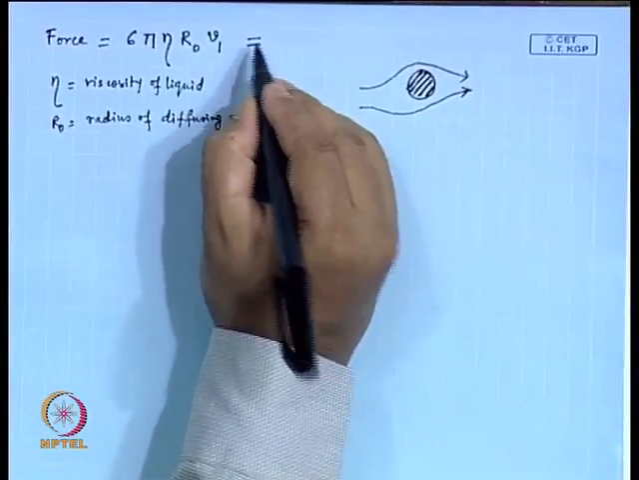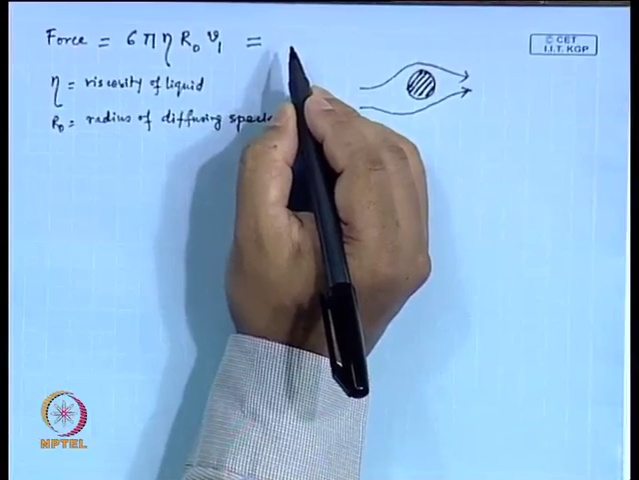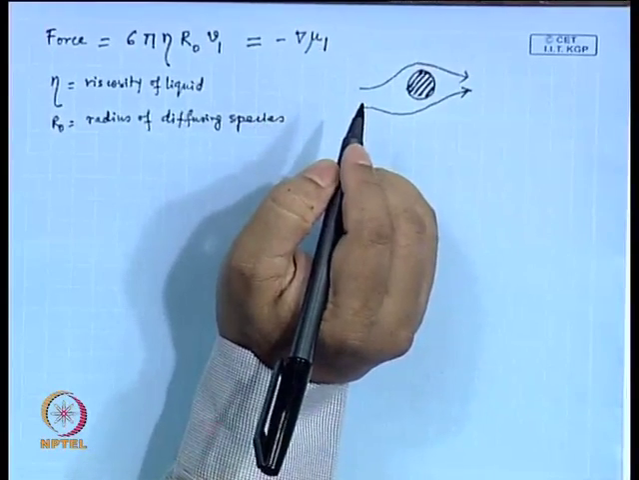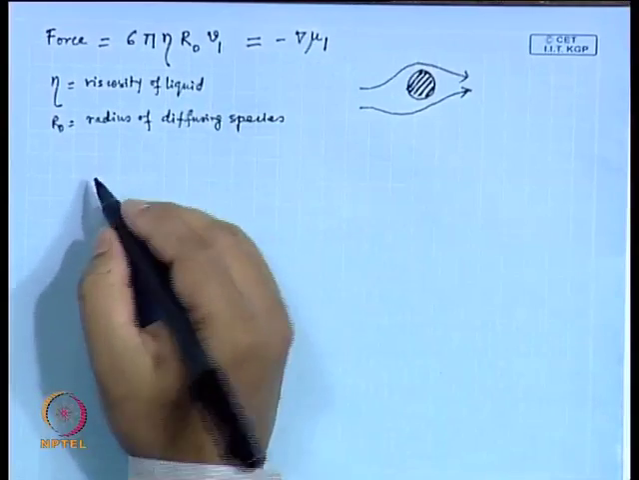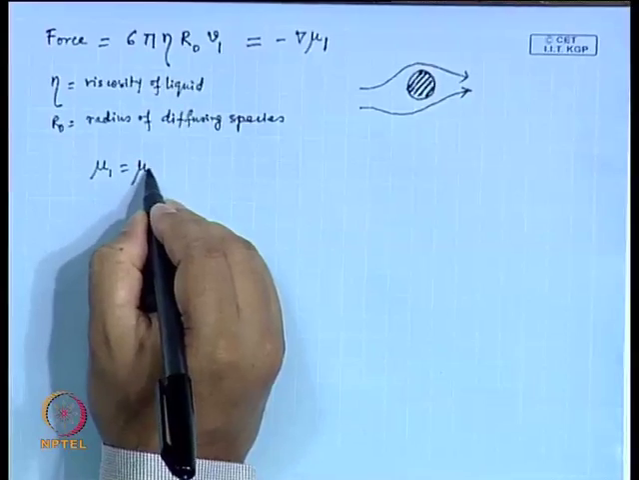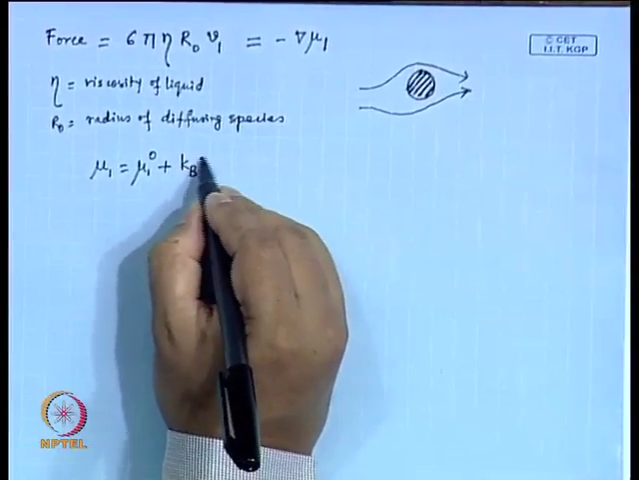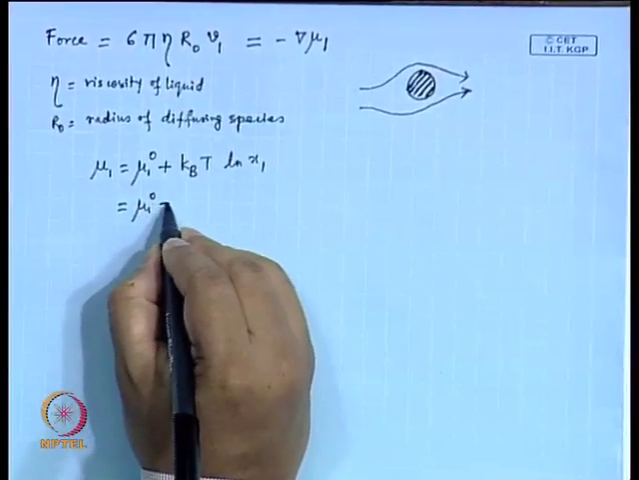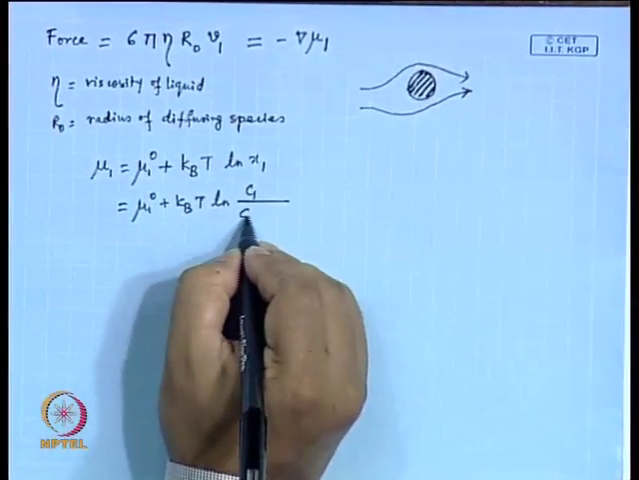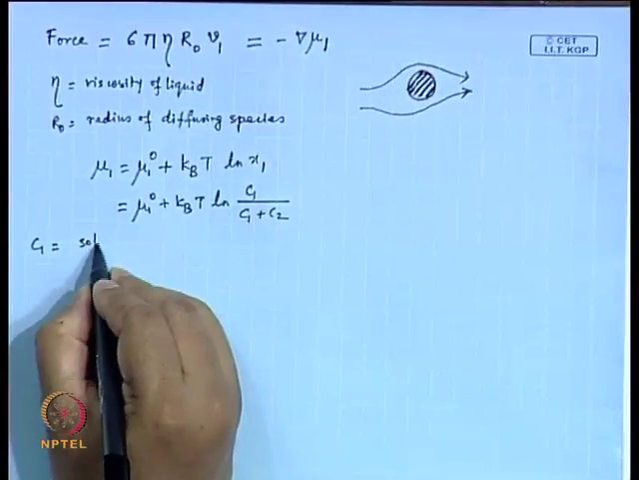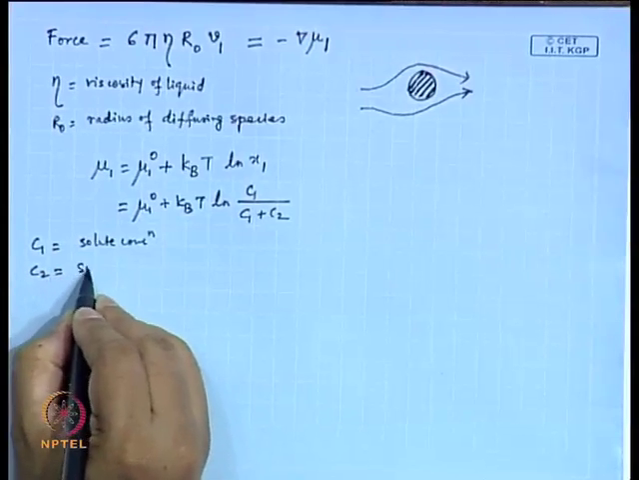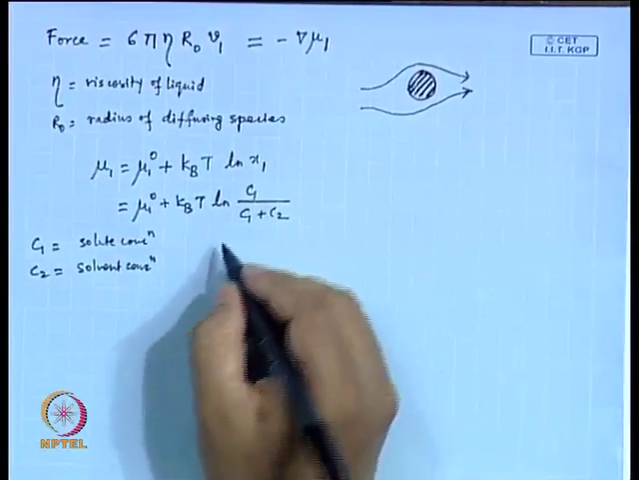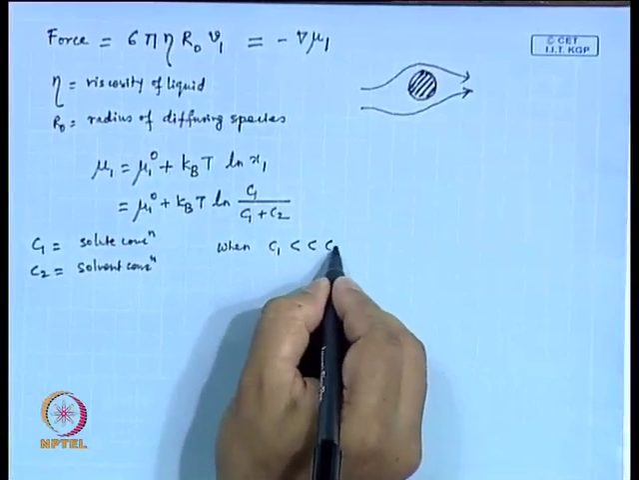Now, the proposal here is that this is equated with the chemical potential gradient. What is the chemical potential for dilute solutions? Chemical potential is defined as some reference plus Boltzmann constant, temperature, and ln of x1. x1 is nothing but C1 by C1 plus C2, where C1 is the solute concentration and C2 is the solvent concentration. Okay. So, when C1 is much less than C2,